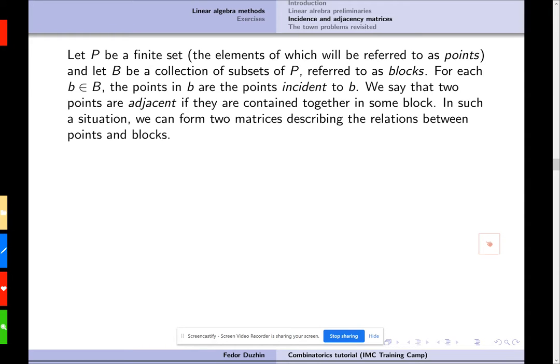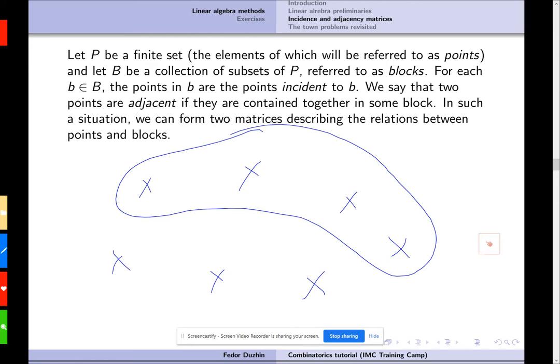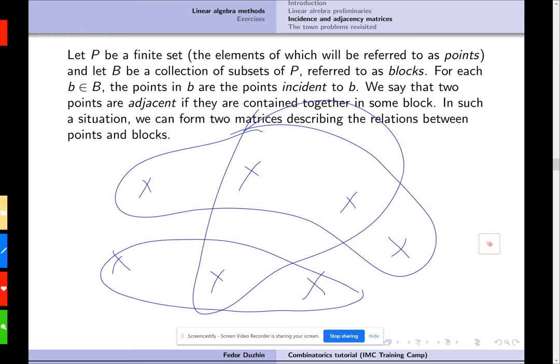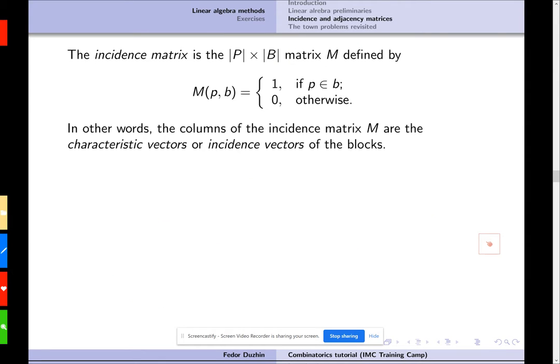All right, so now we have some interesting stuff to introduce. So if we have some finite set, and we have some subsets, so this is something like clubs in our even town and our odd town, right? So we have first subset, second subset, and probably the third subset. Right, so we refer to them as points and blocks respectively. Now if we have points and blocks, then we can construct the so-called incidence matrix and adjacency matrix